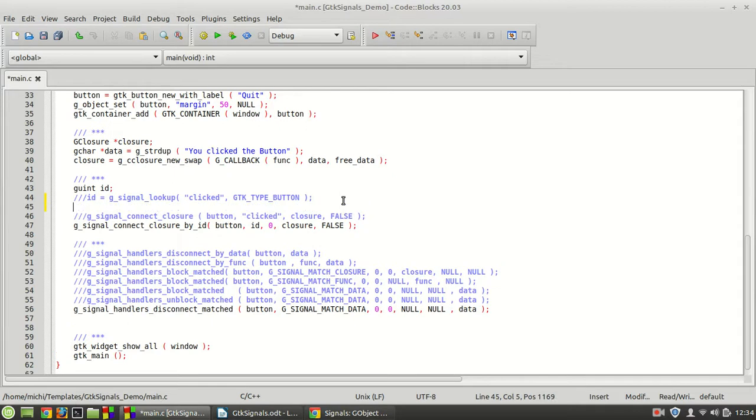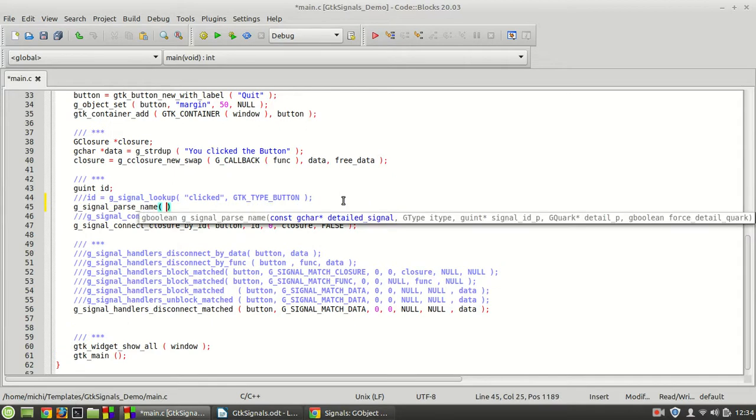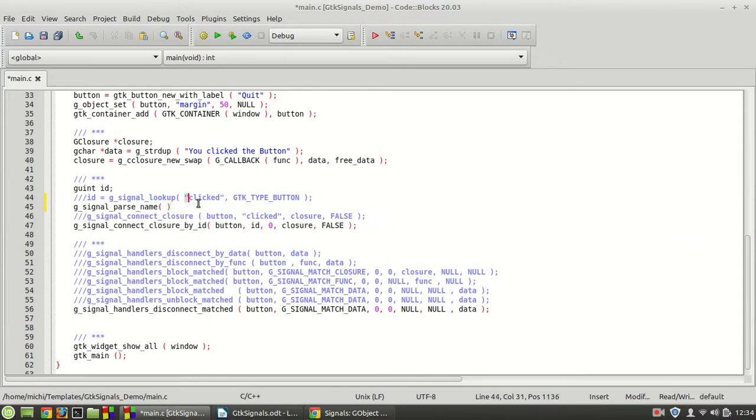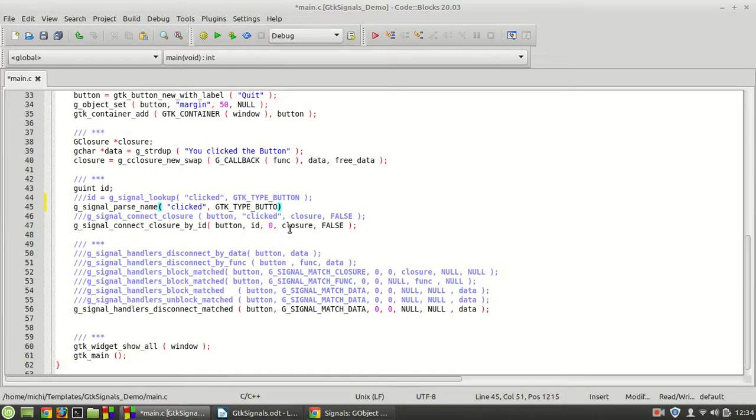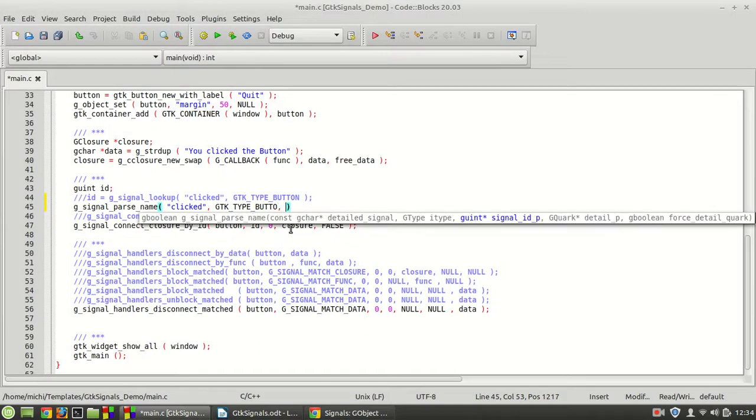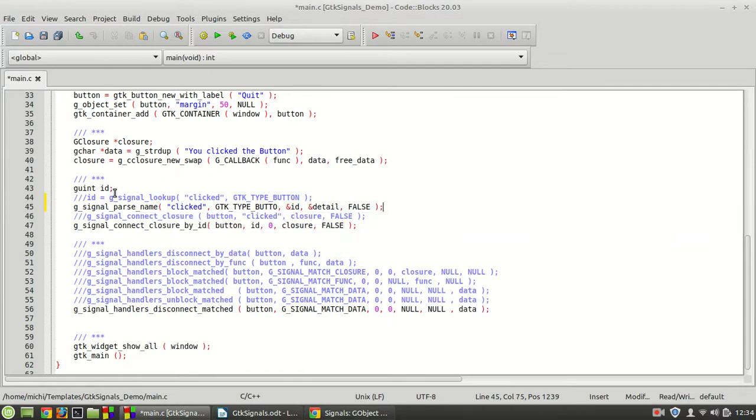And instead of that I'm going to call GTK pairs name. The first two are the same as in the lookup, which means it is the details and the interface type or the instance type, and now we need the address of the signal ID, so the ID, and then we need the detail. And the last one I'm going to set to false because we are not working with details, we have no details. And now let me